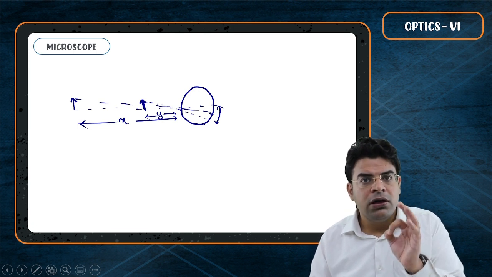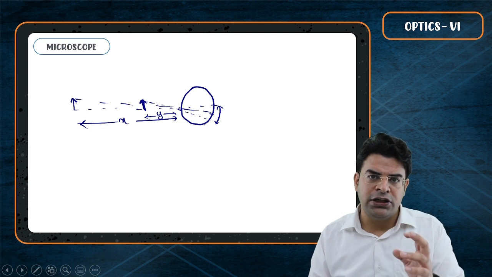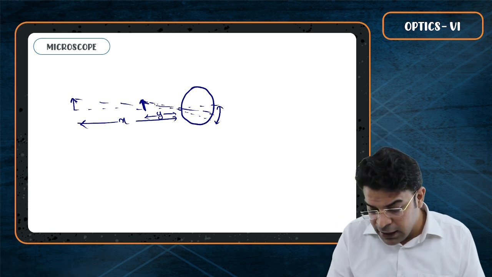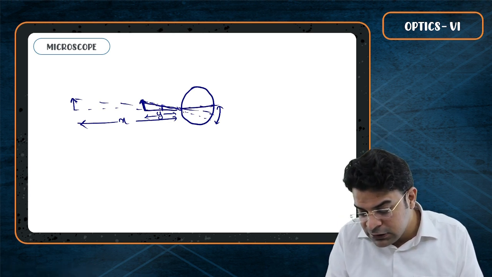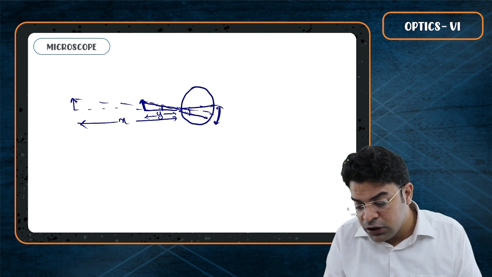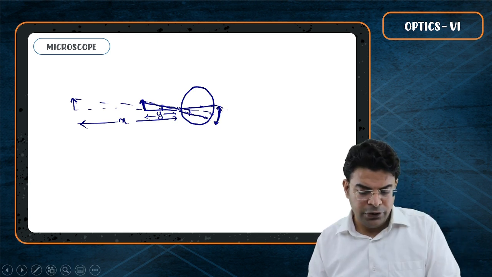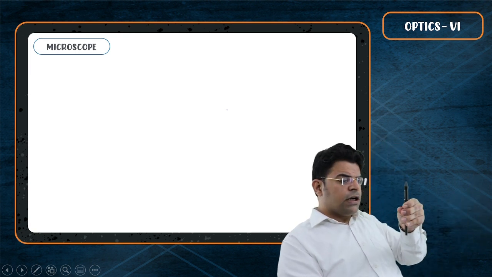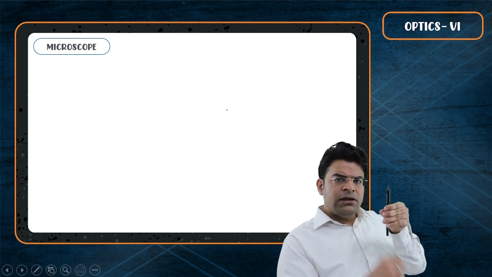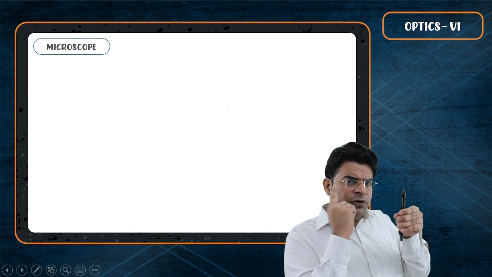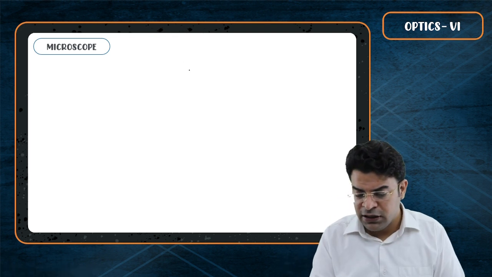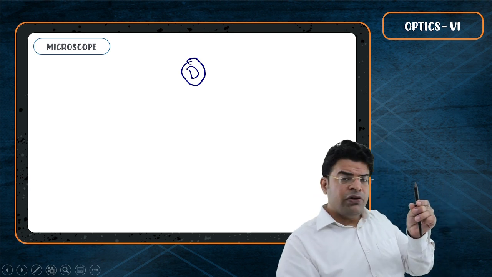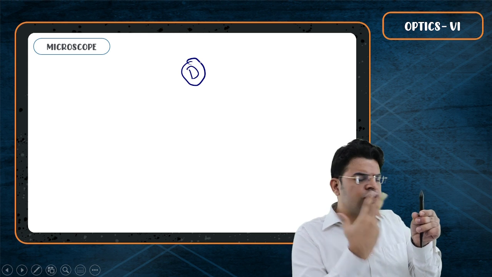So for seeing things clear, what has to be large? The angle subtended by the object on the eye has to be greater. The greater the angle subtended by the object, the greater is the length of the image formed on the retina. That's the idea. But there is a catch. If I keep on bringing the object closer and closer to my eye, I know that the minimum separation that I can have between the object and my eye is nothing but the least distance of distinct vision. If I bring the object within D, within 25 centimeters, then again the object starts to blur.